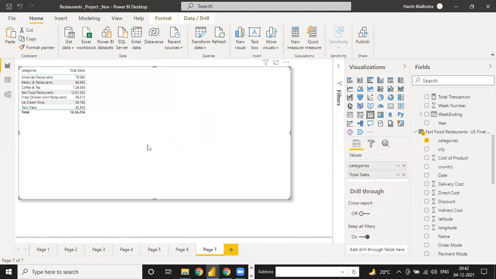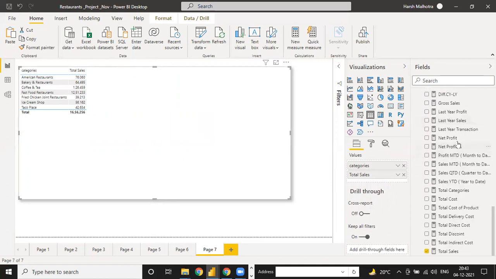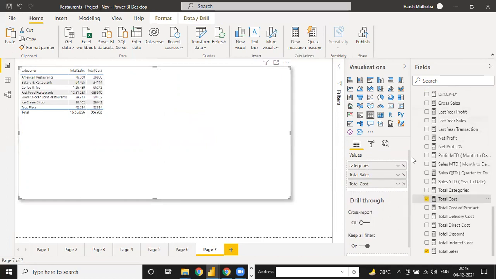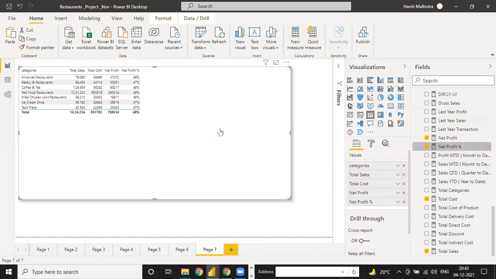Okay, and now if I need to compare, total sales, total cost, net profit and net profit percentage. Tell me, according to you, if you show someone that in the total category we have 48%, but this net profit is on the basis of sales, not on the basis of category.